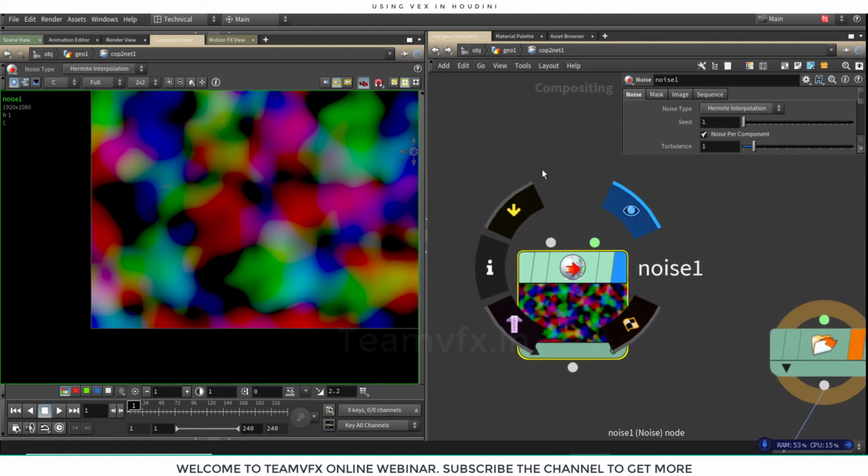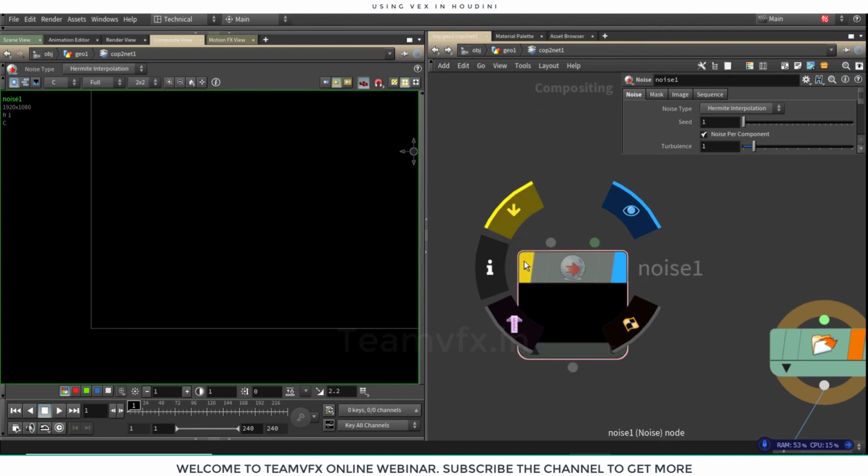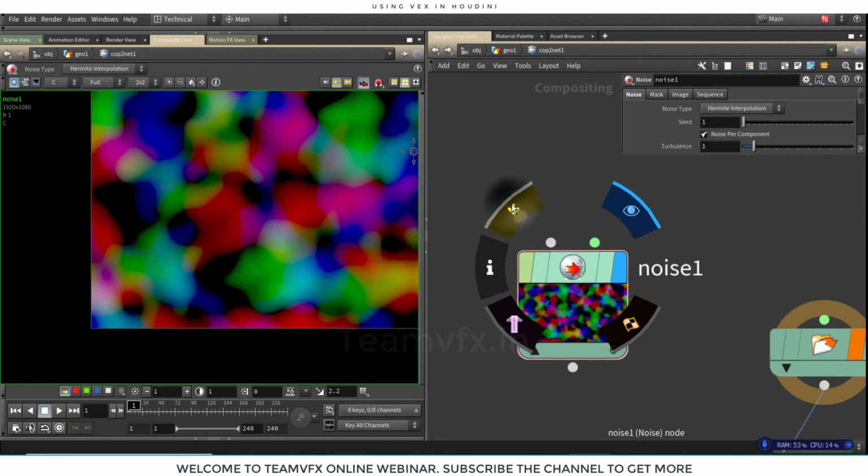So the concept of flag is that when you zoom out or zoom in, you can easily bypass or template. So you can see by clicking it, I am bypassing this node and making this node workable or not.